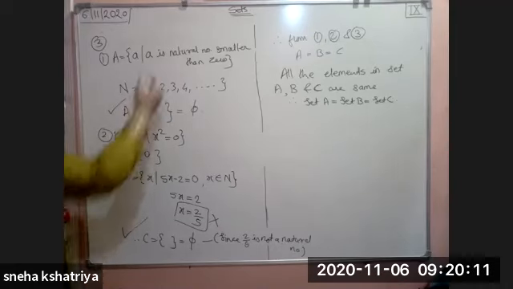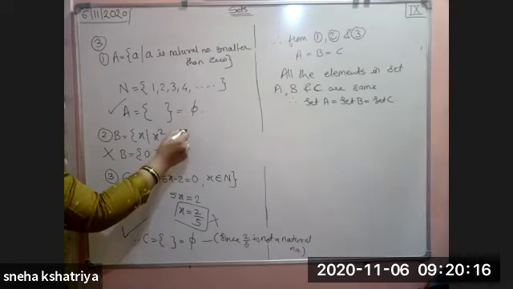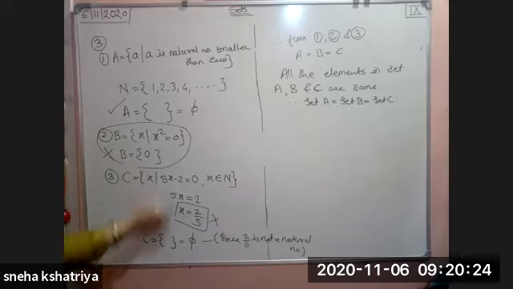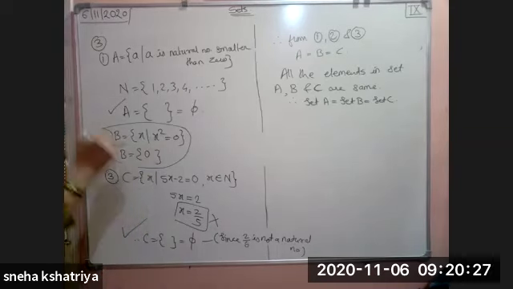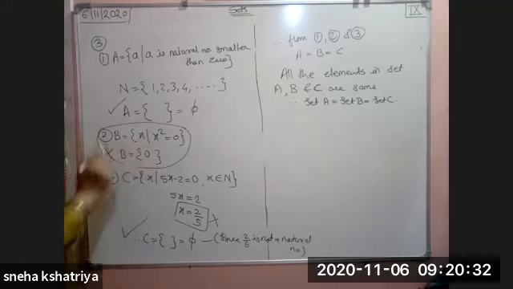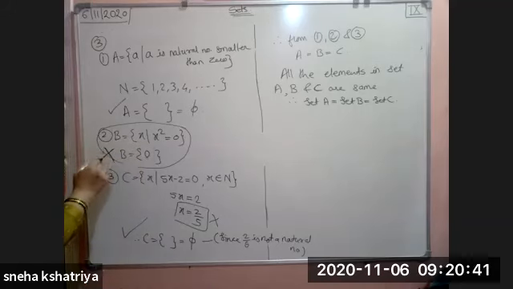Okay. So, very easy it is. Whatever is given to you, you have to solve and see. Many times confusion is created here only, because 0 is given. Many times we consider 0 as the empty set, but 0 is not the empty set. 0 is an element, and 0 is the square of 0. 0 squared becomes 0. So that's why 0 becomes an element. If we consider 0 in the set, then it is not an empty set. So A and C are empty sets. Okay. Last question.